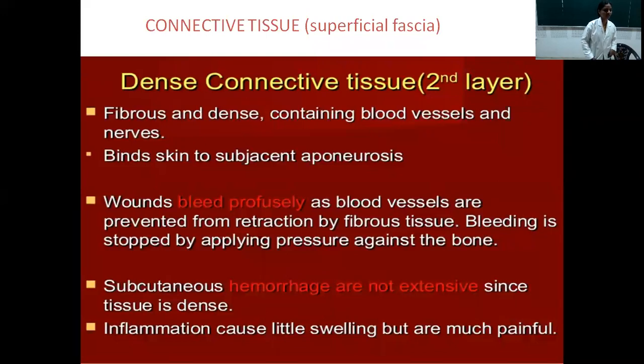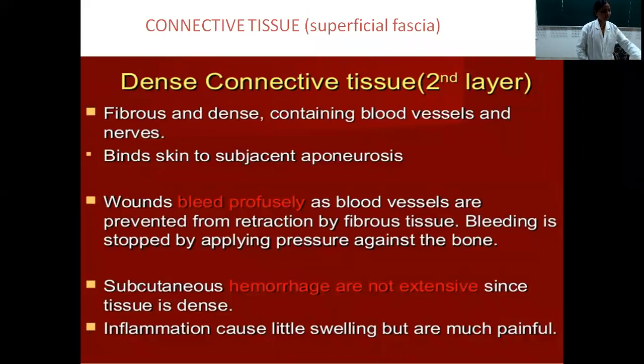As I told initially, the dense connective tissue consists of all the blood vessels and nerves of the scalp. So this is the vascular plane of the scalp, you have to know. All the blood vessels present in this layer are adherent to the connective tissue, because it is a dense connective tissue, meaning the collagen fibers are all arranged densely, right?